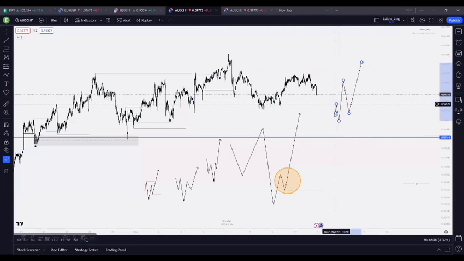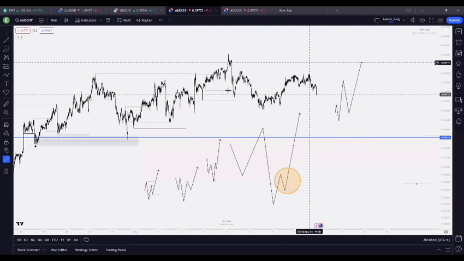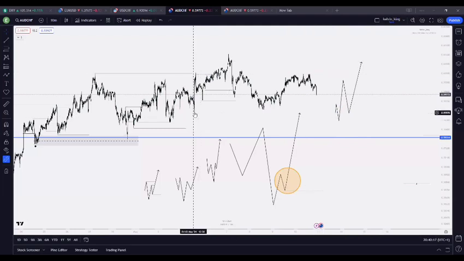So you can see again, there is a sweep here. There is a pullback before we took out this particular high. So meaning that this particular low is now the most recent strong low in the 10 minutes time frame, which means if we want to place a trade now, what we just have to do is take out this particular